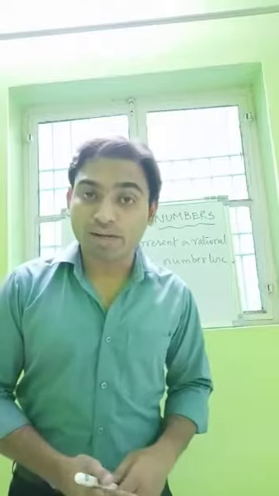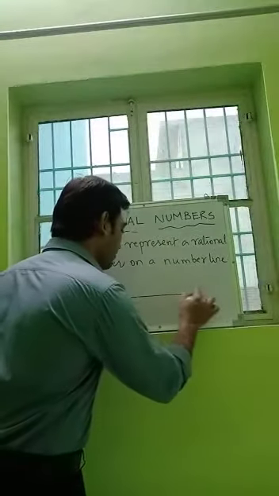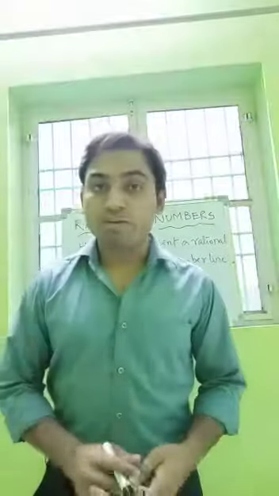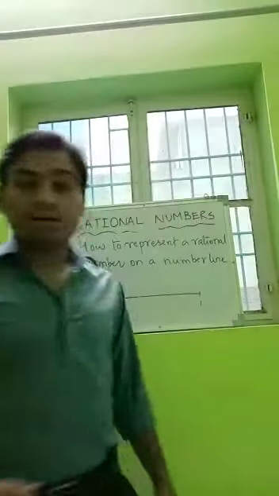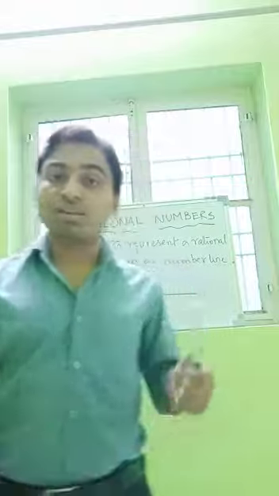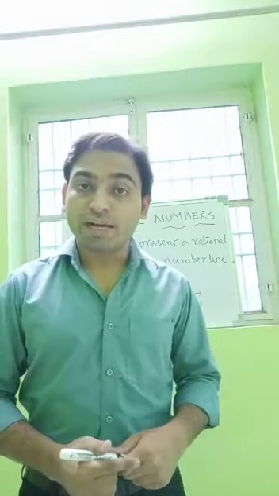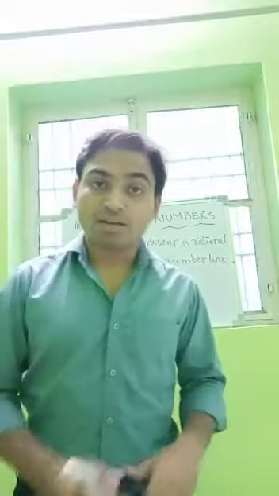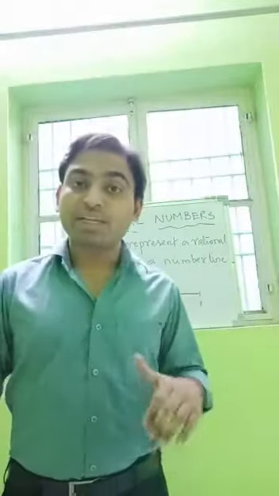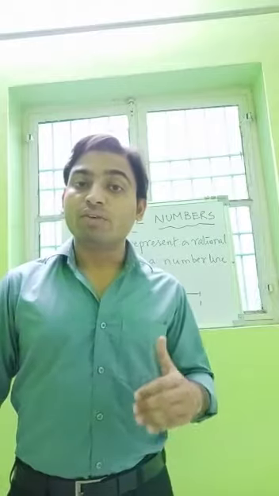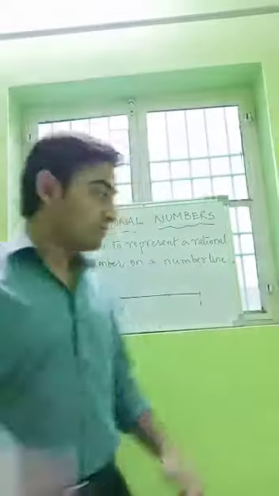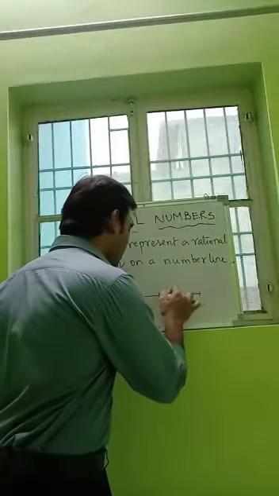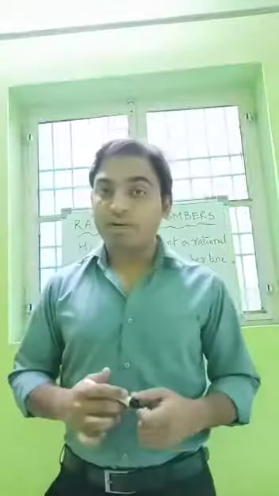So first of all, draw a number line. And we will mark the first end as 0 and the second end as 1. Why do we mark the first end 0 and 1? Because the given rational number is going to lie in between 0 and 1, because it is a proper fraction. Now see, the given rational number has 4 in its denominator. Therefore, we will divide the given number line into 4 parts. So here we divide the number line in 4 parts.